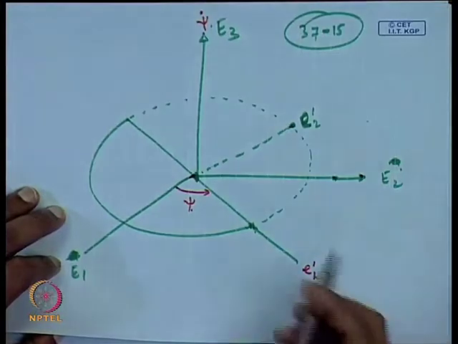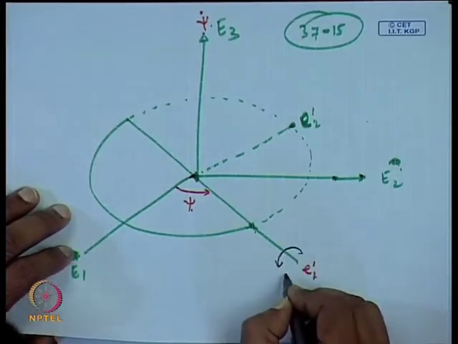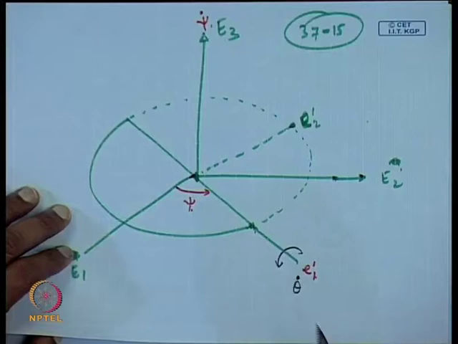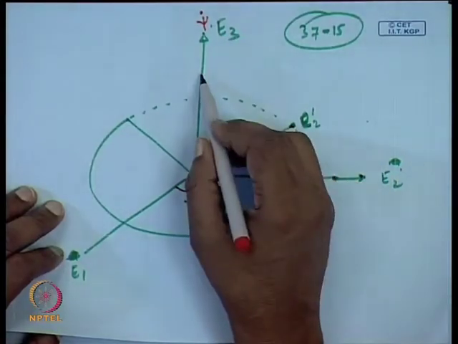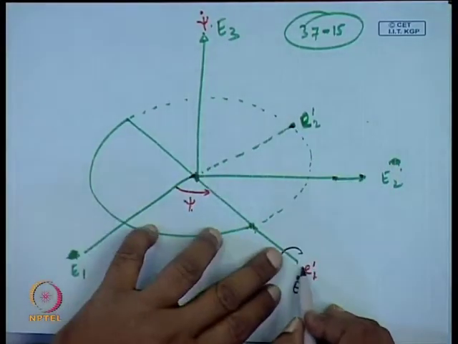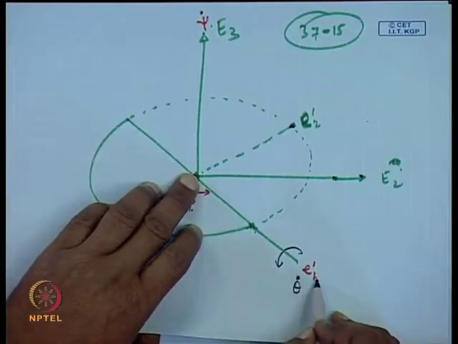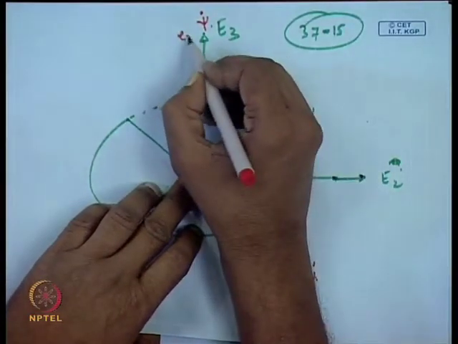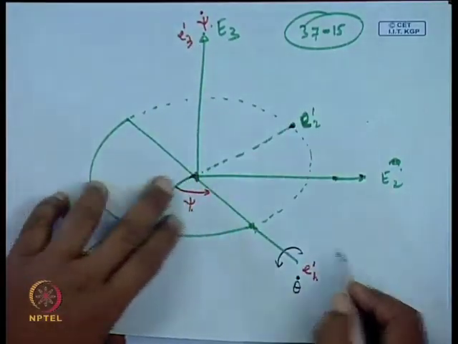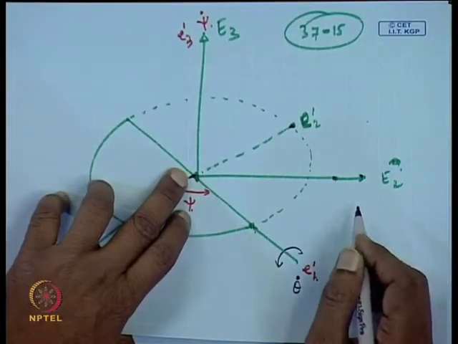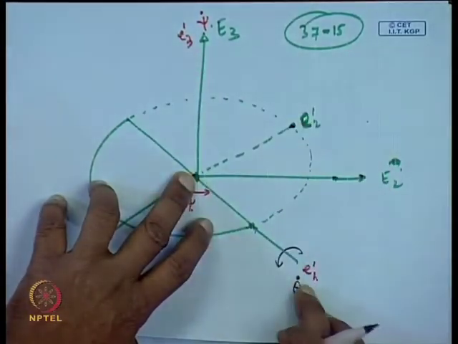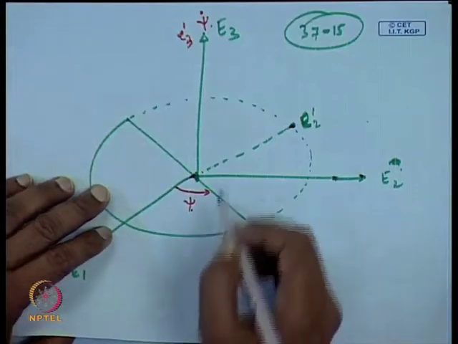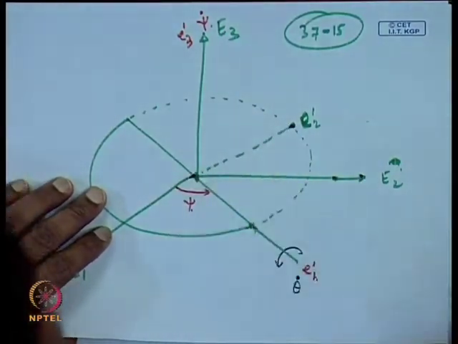The next rotation we are giving is about this by angle theta. So, theta dot will point in this direction. Okay. So, if you rotate it, this vector and this vector are now forming a triad: E1 prime, E2 prime, and here we have the E3 prime. So, it is forming a triad. So, this E2 prime and E3 prime will rotate about the E1 prime. Okay.